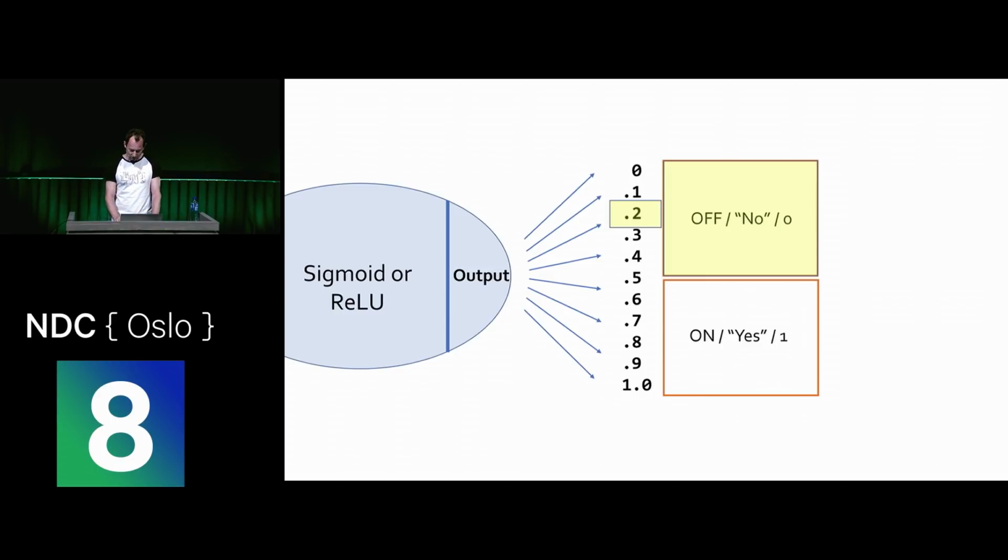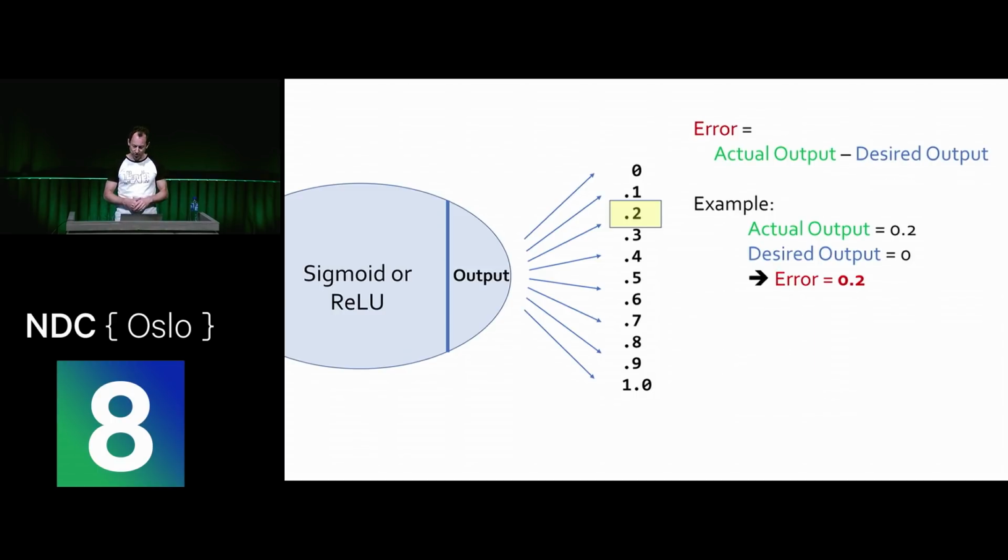So in this case, let's suppose the desired output is 0, the actual output is 0.2. We can say the error is 0.2. We define the error as the actual output minus the desired output. Notice the error can be positive or negative. Now, it would seem reasonable that our goal is to minimize the total error across all training samples, right? Problem is, that won't actually work very well at all, right? And to see why, we'll go through an example.